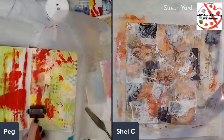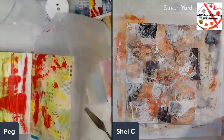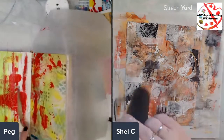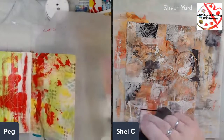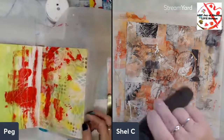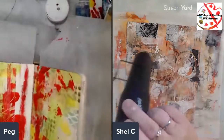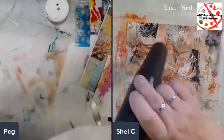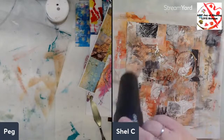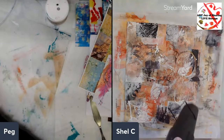All right, I probably should dry this and cut it up. Let's see. I like that. That'll be nice for a grungy background. Then this was that